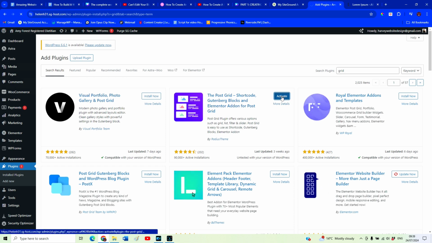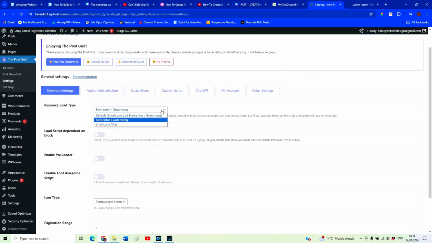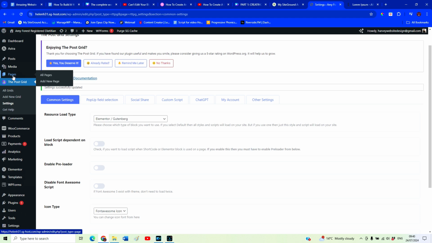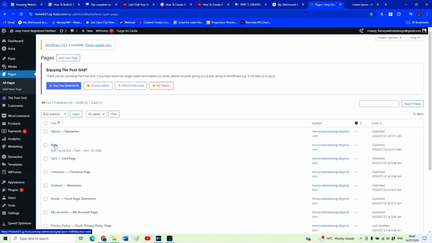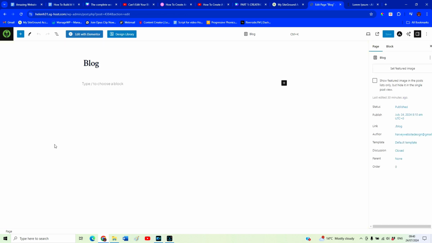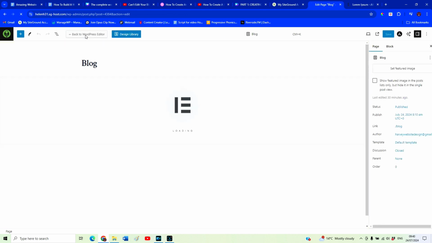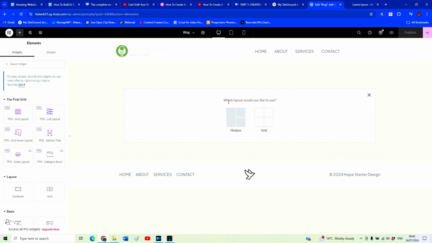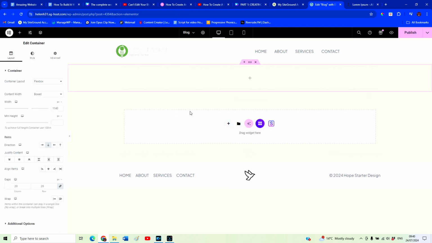And click activate. Now we want to make sure this one, resource load time, is set to Elementor Gutenberg. Make sure we click save changes. Now we're going to go back to our pages and our blog page. We want to edit with Elementor. This will bring us back to our familiar Elementor editor. We want to try this one. And now we need to go to